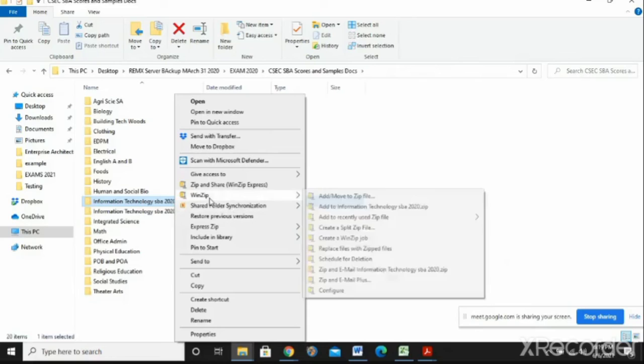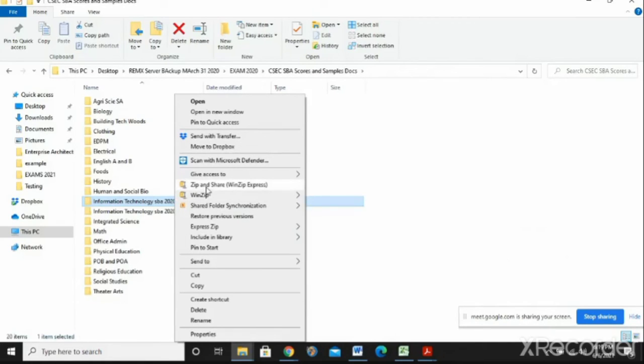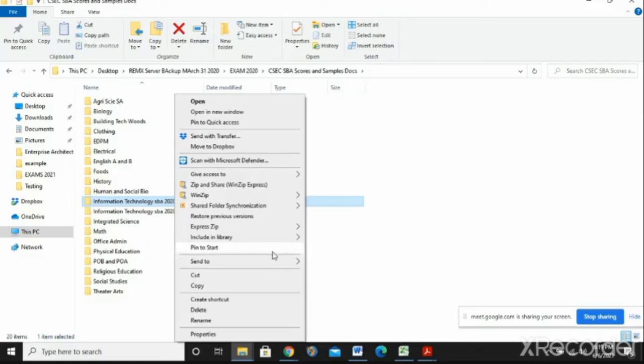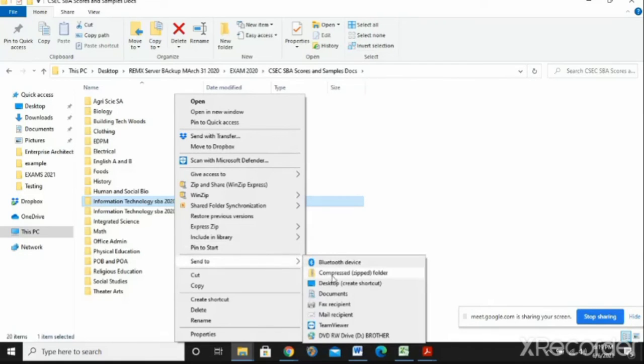All right, you can see mine here, so I may have zip and zip share. Most people might not have these files installed on their computers, but Windows will offer you this option. So you go to Send to and go to Compressed zipped folder, and Windows will always offer you this. So once you press this,